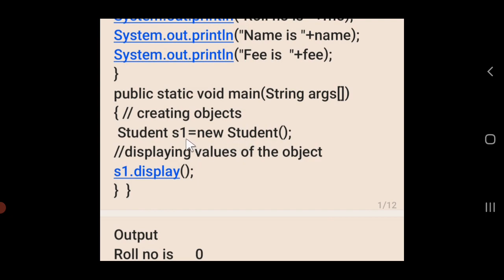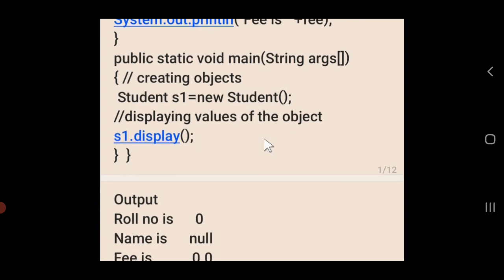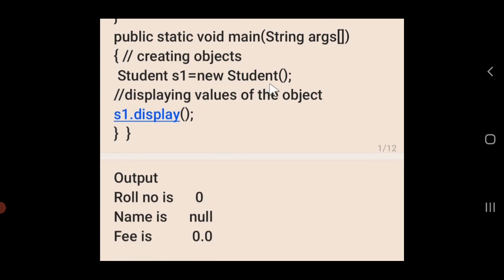Alright. So students, what is the syntax of the object creation? Name of the class, name of the object, assignment operator, new to allocate memory, and then Student, that is the constructor. Now a few things we already get here by looking at this constructor. What? That the name of the class and the name of the constructor are the same. This is a very important thing. Second thing, I told you that values for the data members have been provided by this constructor. Alright, students. So the values to the data members are given by the constructor.